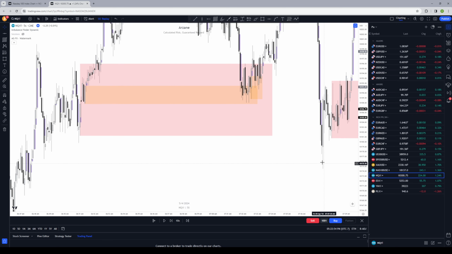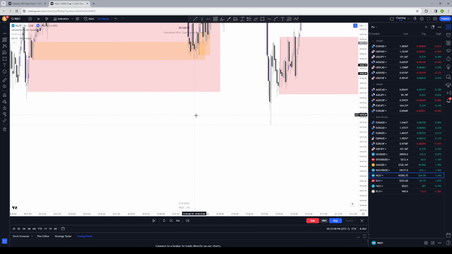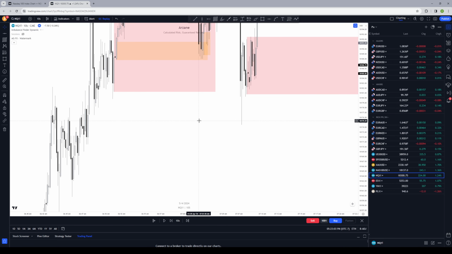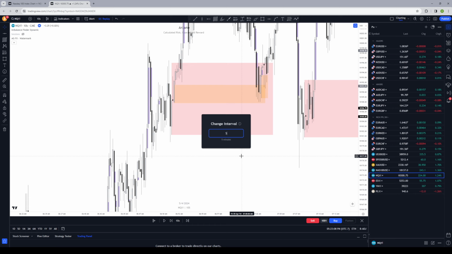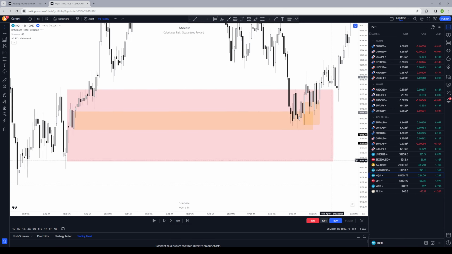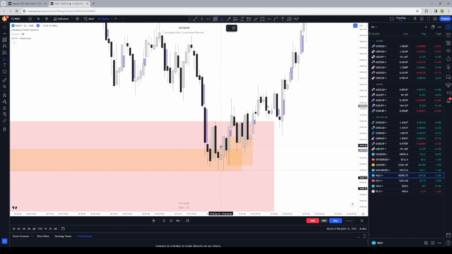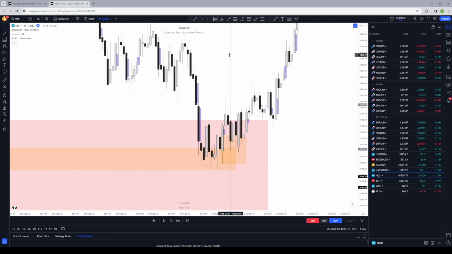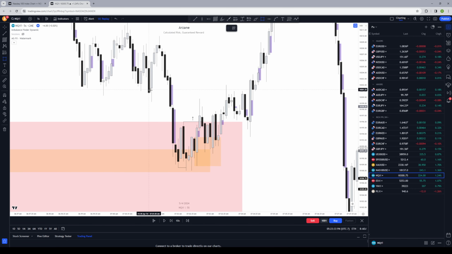We see where this wick goes into, which is probably a 10 second on this side. I don't really care about that, but I'm just showing you how this stuff does indeed work. You see a gap here, the zone here, candle. But I'm just trying to show you that this stuff does indeed work. I mean, if we see this, it wicks the low, breaks up. It's not exactly as pretty as the other one, but it is what it is. Then it breaks this high, pushes up, it respects this zone, pushes up again, taps into here,